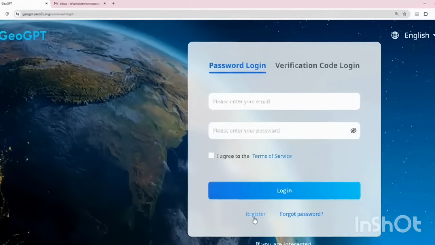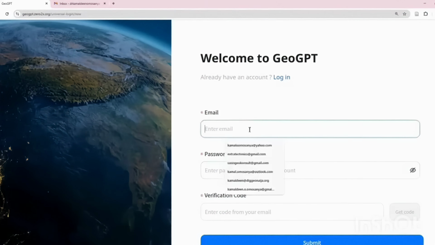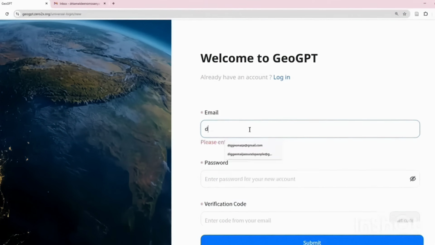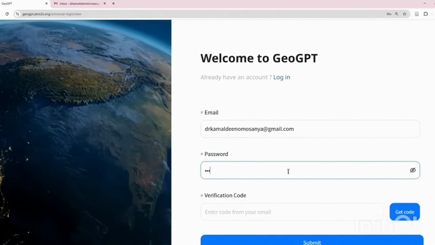So if you are registering for the first time, you click on register, and then you come here and enter your email address. Let me use a different email that is already registered here. Kamaldeen Omosoya at gmail.com, and then you request a code, right? So you can type in a password that you want to use, and then you get a response like